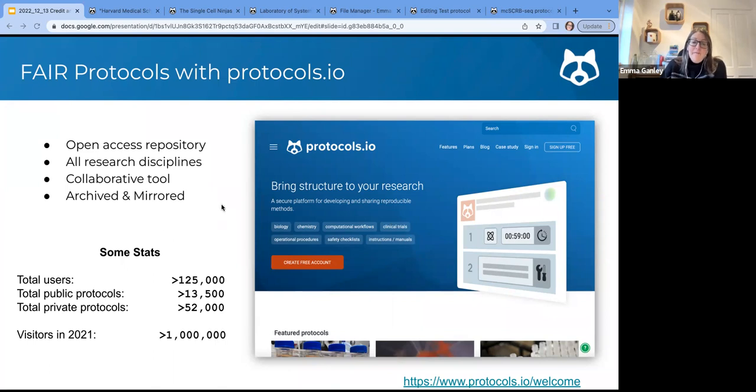There are also, however, over 52,000 private protocols on protocols.io. They've been created by registered users. And that really is the business model behind the scenes of protocols.io, where we charge institutions for additional private space that allows researchers to optimize and develop methods before publication. They can have collaborative workspaces, really collaborate together on the methods in the lab and keep them all as a sort of stewardship of research output.